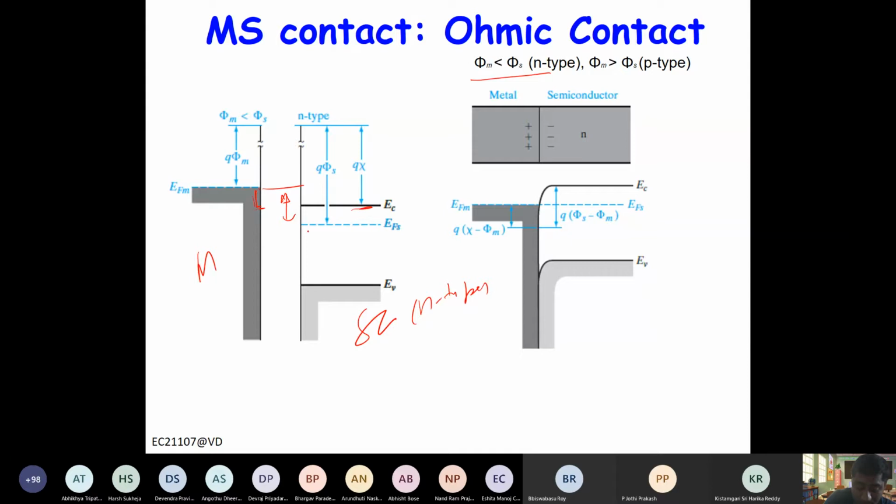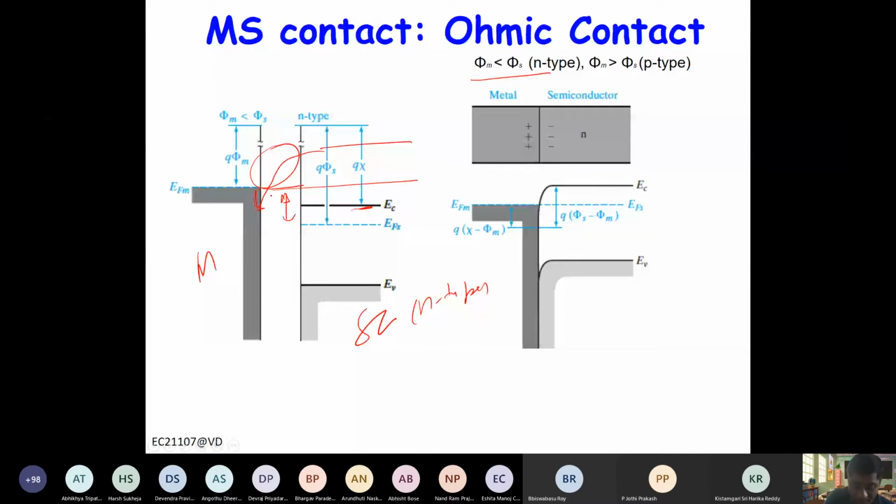But when the Fermi levels align, the Fermi level has to be somewhere here, and the conduction band will be here, and this will be smoothly connected. So the barrier will become small now. If the Fermi level is close to EC, then there will be no barrier, right? Of course, it depends on the relative position. In any case, the barrier from metal to semiconductor side will be small.